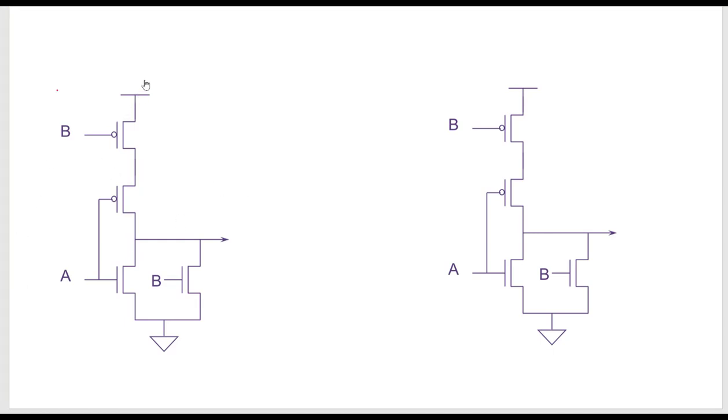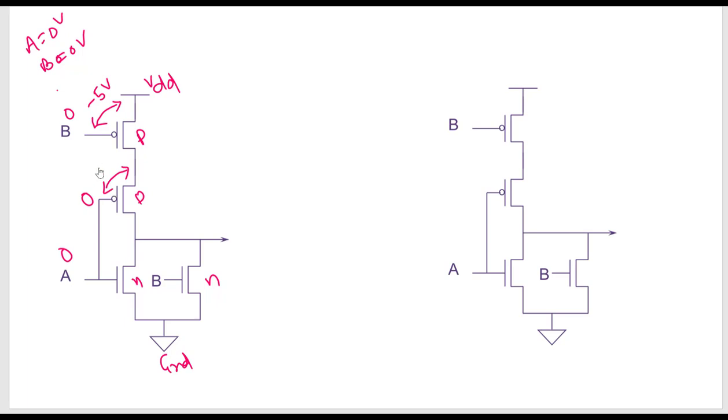Let's say this is VDD and this is my ground. This is the PMOS transistors and these are the NMOS transistors. When you apply A equals 0, B equals 0, that means 0 volts. So 0 means effectively VG has become minus 5 volts. This depends upon the voltage of the upper PMOS transistor. And if this is 0, this will be 0 volts and 0 volts.